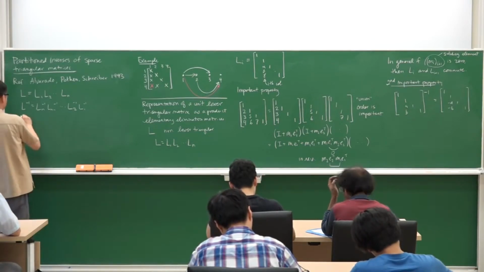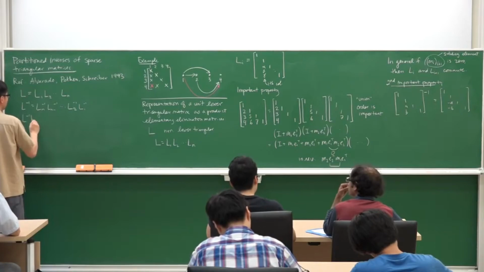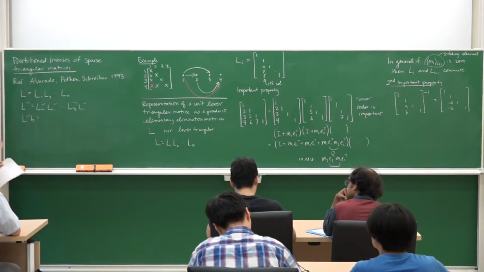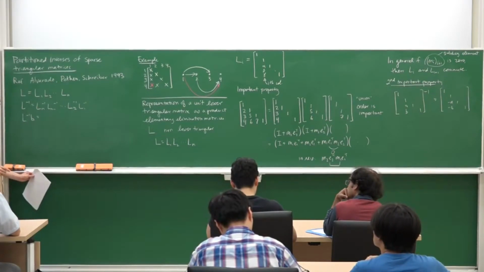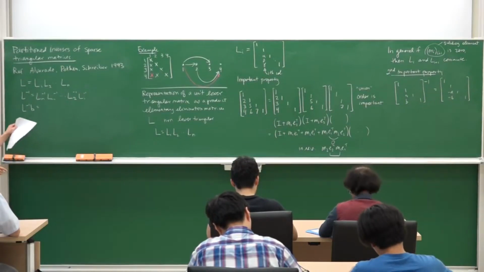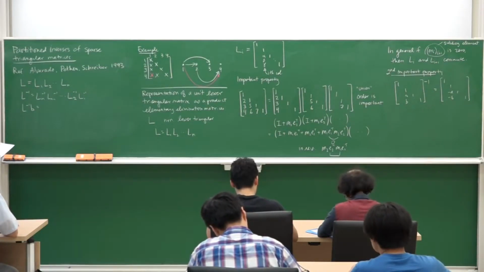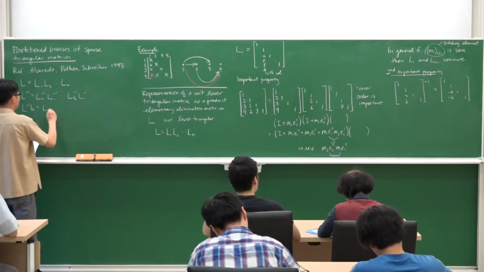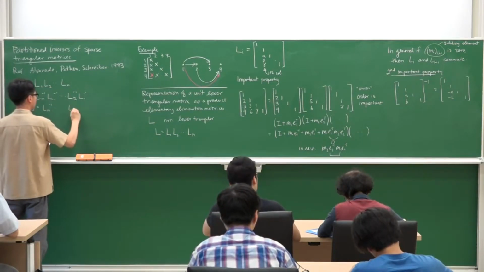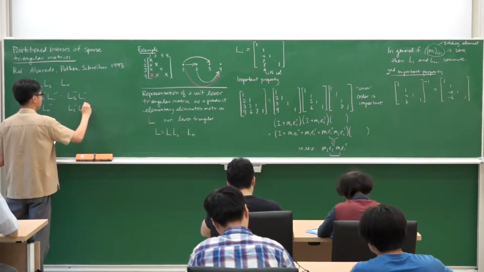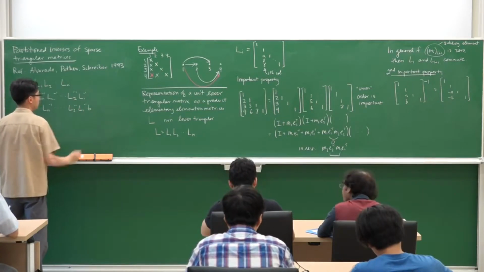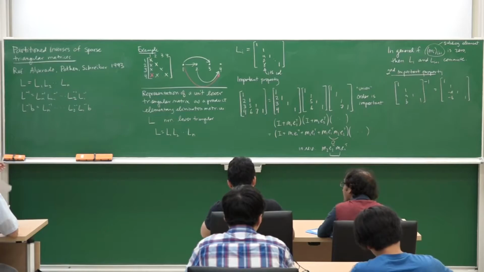And in particular, if we want to solve, which is like multiplying by the inverse, solve a system with the right-hand side vector b, Ln inverse, L2 inverse, L1 inverse b. Okay, so